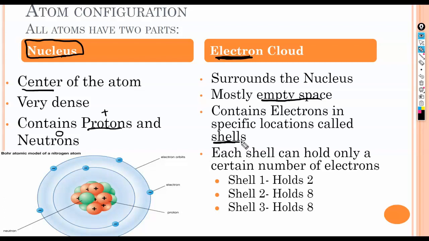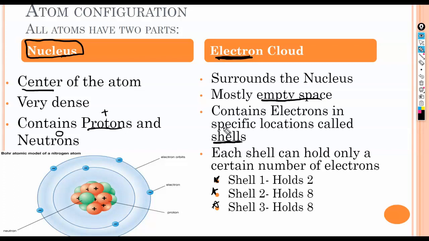We're going to be talking a lot about shells, so it's important that you can visualize in your mind what this looks like. These shells are where the electrons exist, and each shell can only hold a certain number of electrons. The ones we're really going to focus on are shells 1, 2, and 3. The first shell can hold up to 2 electrons, and then shell 2 and 3